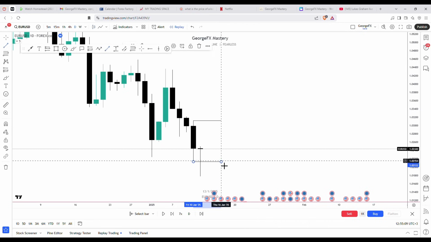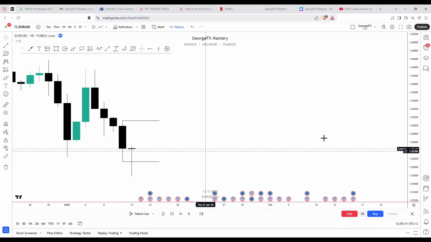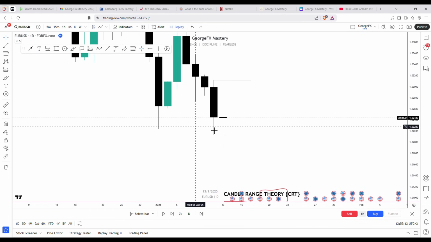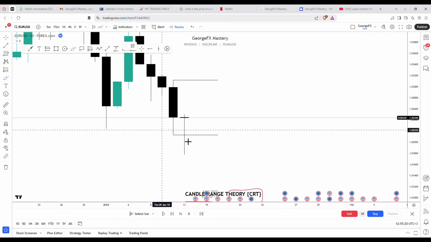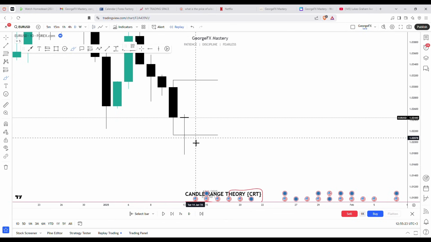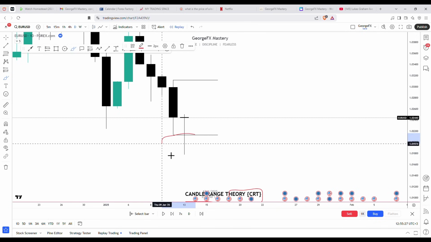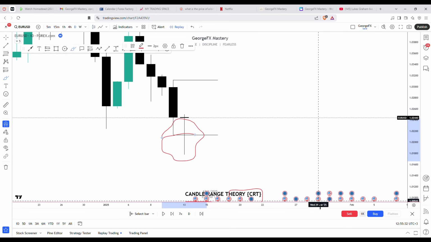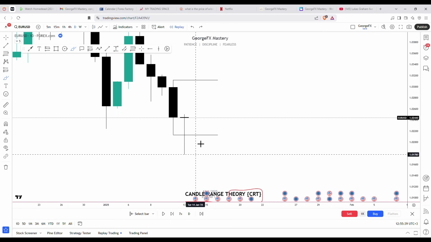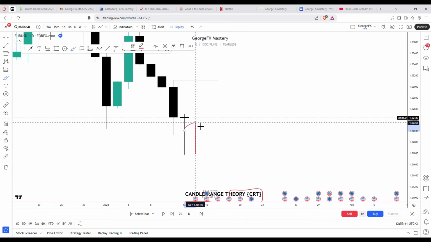And you can see the sell side liquidity has been taken out and price has closed above it. Clearly, from what I did in the first video on the interpretation of candlesticks, you can see we have a long lower wick, which means price is gaining strong bullish momentum, because this